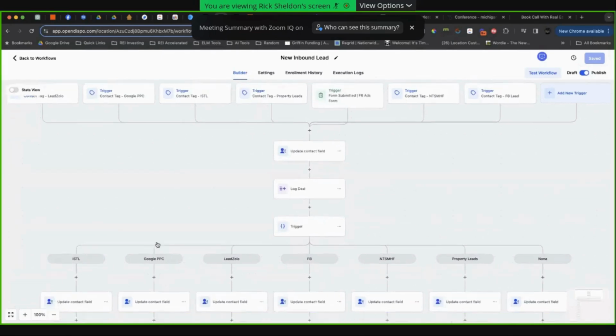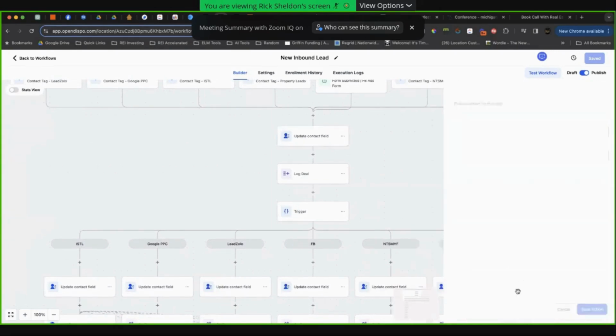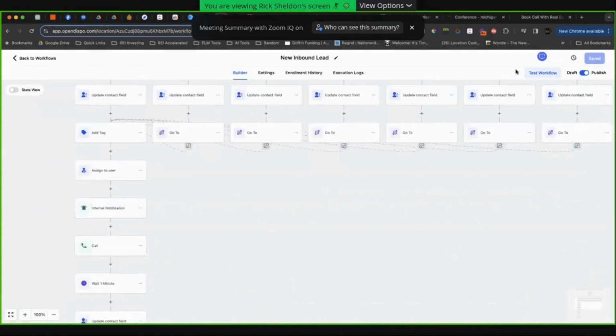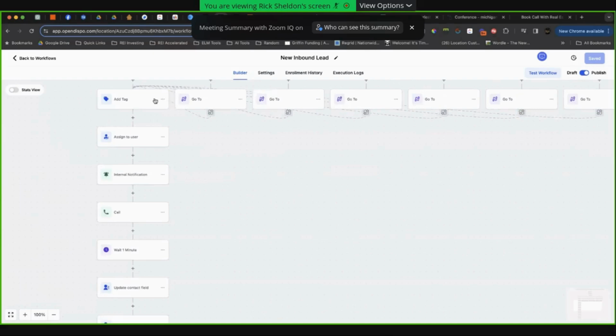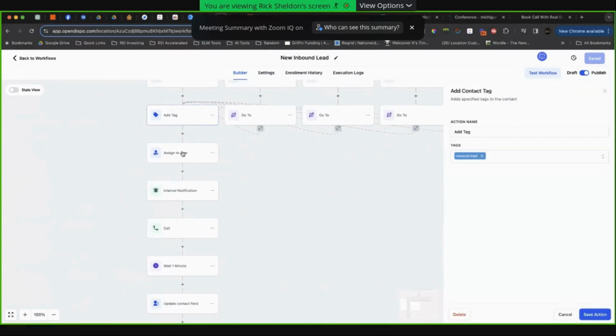Anyway, let's move into what happens when any of those triggers actually happen. Of course, they're already marked as untouched seller disposition, which I'll touch back on in a minute. But once they all consolidate after getting their KPI variables logged, we add a tag for inbound lead. We assign it to somebody on your team. We notify that team member,